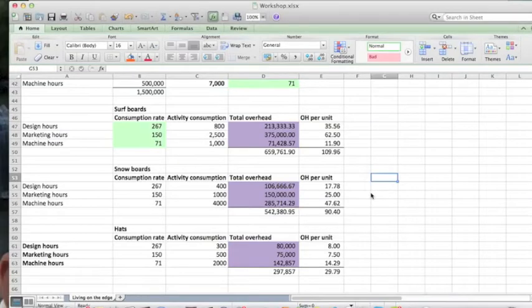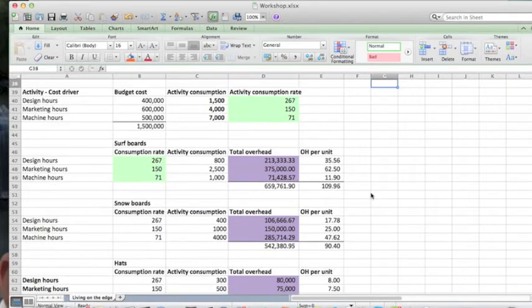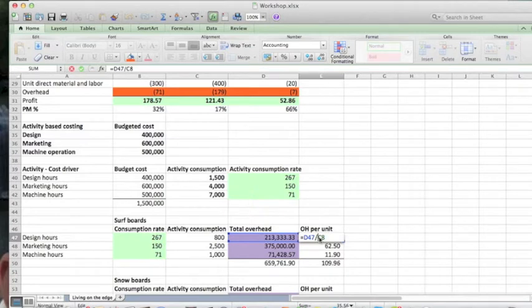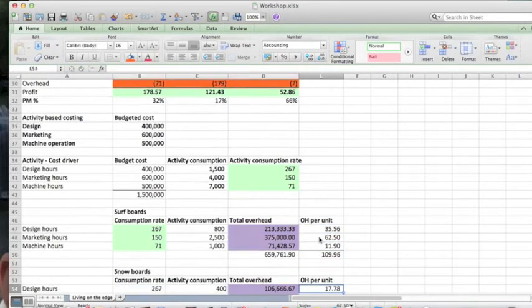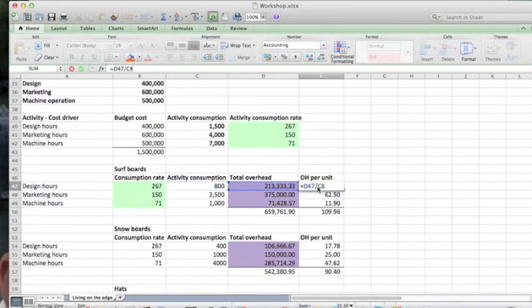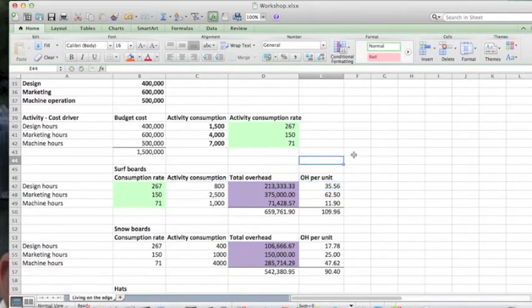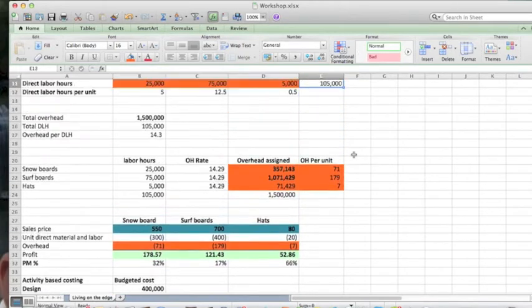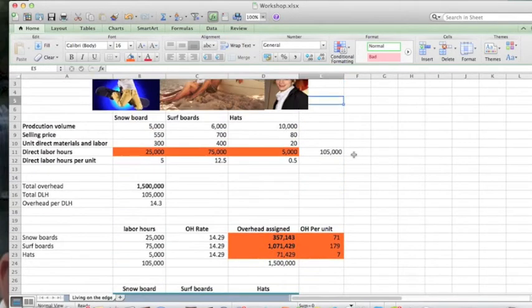So proceeding with this problem here, the way I get the overhead per unit is I look at the total overhead to the total units produced. So I go back and find out how many units I produced, and that's how I acquired that total overhead per unit itself. Because I know I produced 5,000